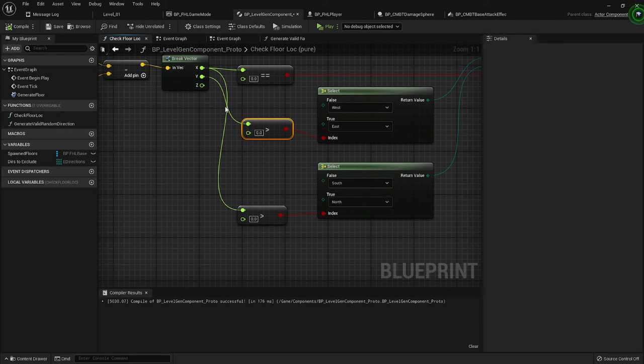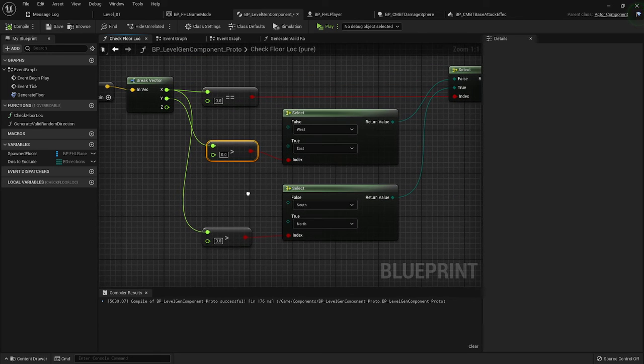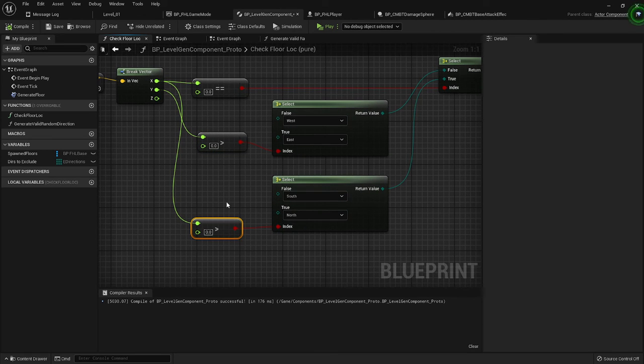Now if x is 0 true, that means the difference is in the y. Now if your y is positive, meaning your latest floor is on the north of the floor prior to that. No, this is y, so it's in the east of the floor prior to that. That means if it's on the east, positive should be